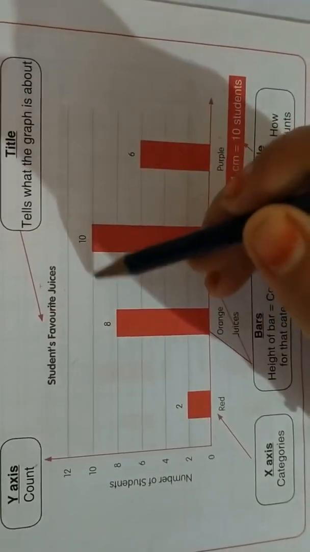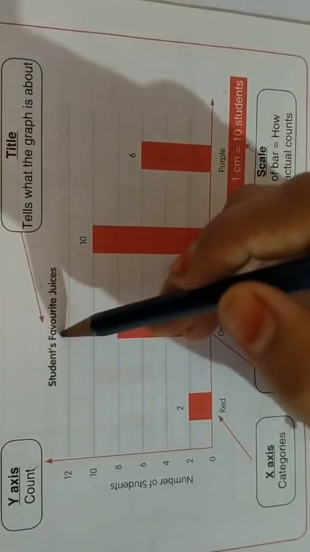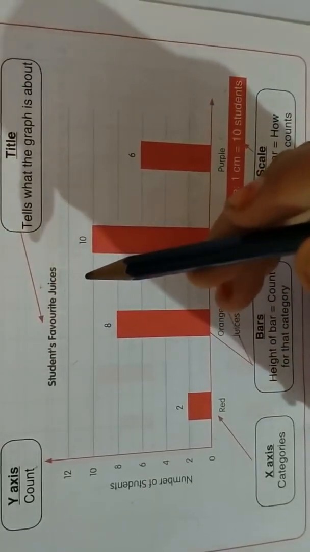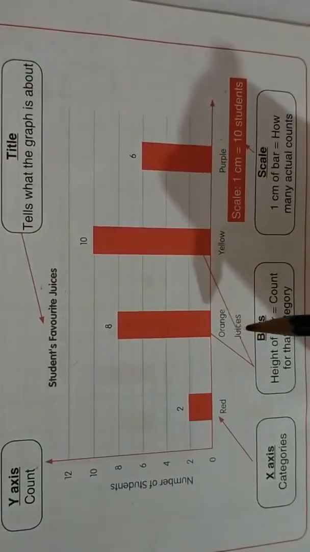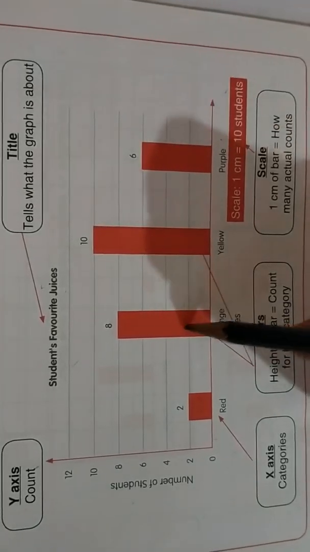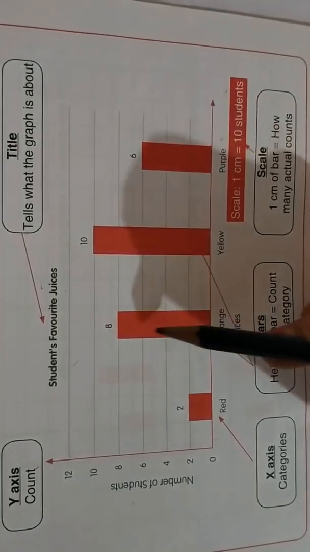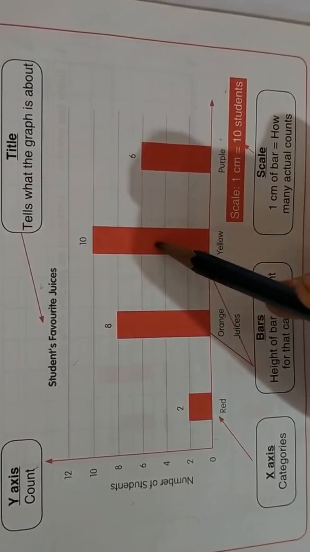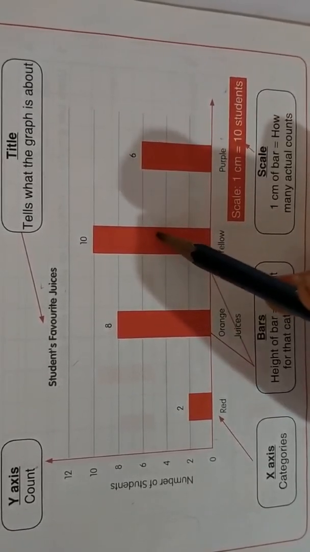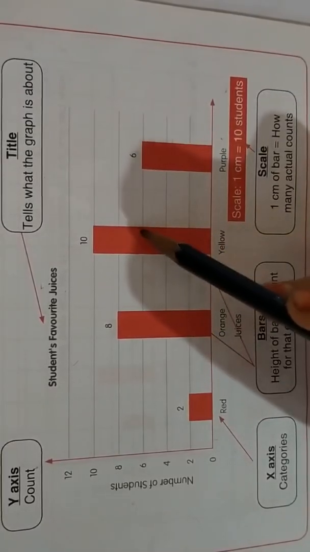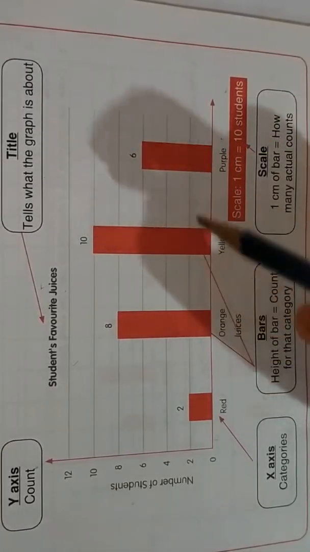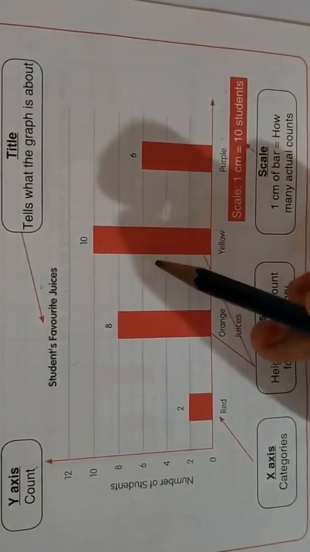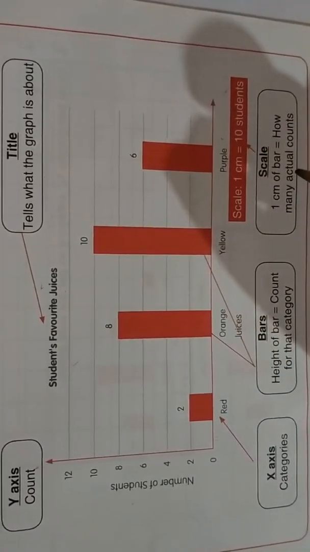So this is a title, students of the favorite juice, and then this is a bar. Okay, so this is called the bar, and the highest bar counts the category. Now this is the highest bar,